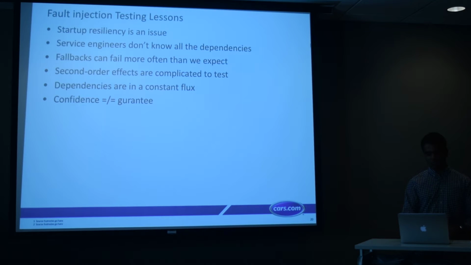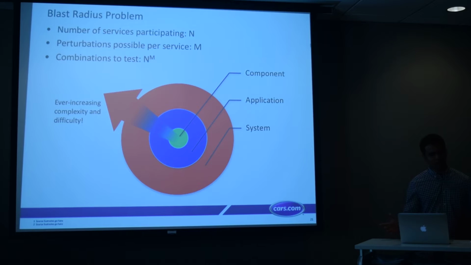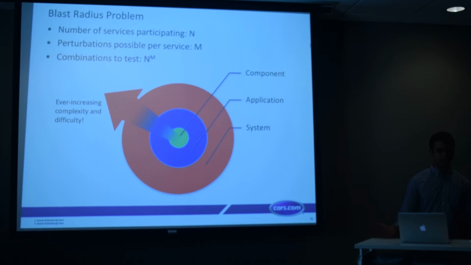So what this really boils down to is the blast radius problem. Everything works very well when it's a small component, and when it's an application, it's somewhat still acceptable. But when it's a great big system, then it gets very complicated for us to figure out all the different ways, the probabilities, permutations, and combinations that this thing can be participating in. M is the possible perturbations per service, just averaging out. You have n to the power of m different perturbations, and in a distributed system, that's a huge number. So it gets very challenging very quickly in a distributed system, even with fault injection, for us to gain confidence